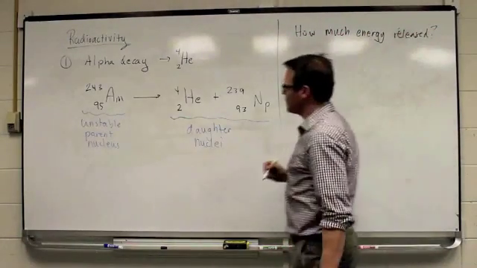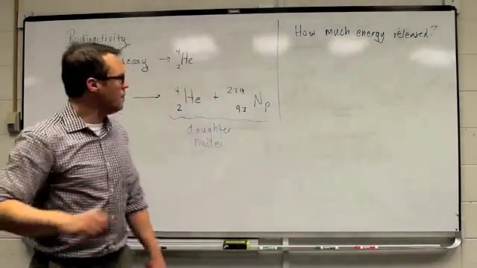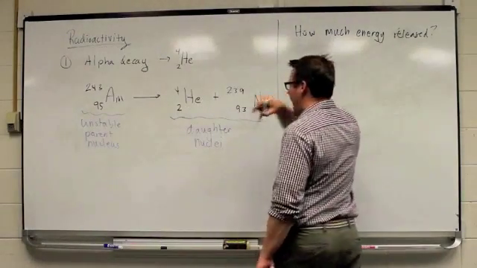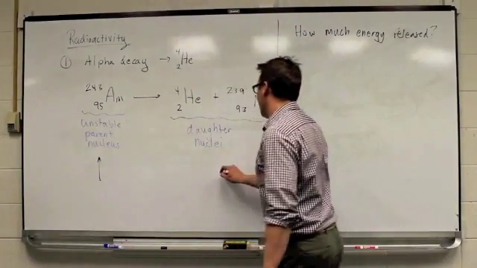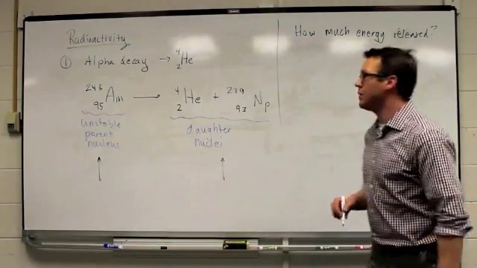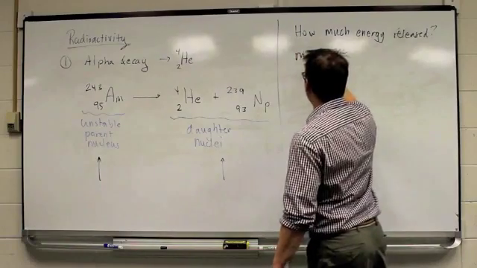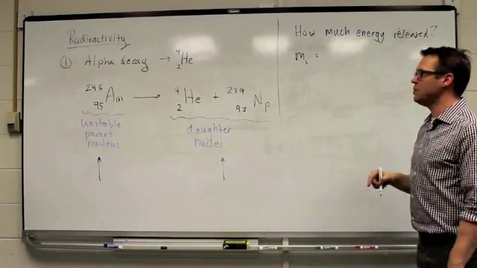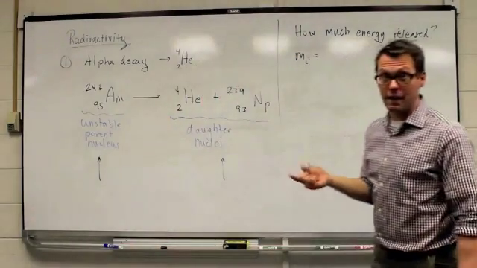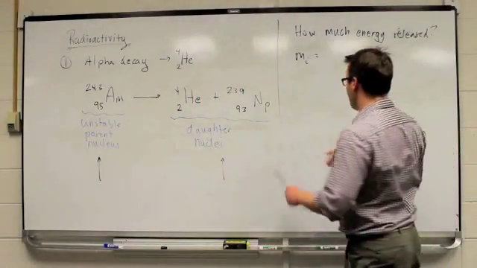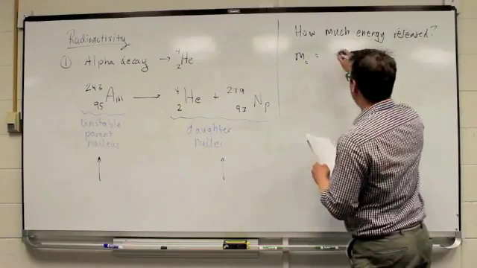So how much energy is released in this reaction? To answer that, you really need to look at the masses of the particles on both sides of the reaction. For example, on the left-hand side, what I'll call the initial mass, if you look up the atomic mass of americium-243, you can look that up online or in a table, wherever, you find that it is